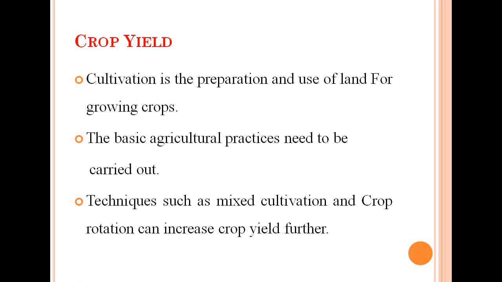Before that, we should know what we mean by cultivation. So, cultivation is the preparation and use of land for growing crops. Now, we are going to discuss how these two techniques help in increasing the crop yield further. By carrying out the basic agricultural practices systematically, we can substantially increase the crop yield with the help of these